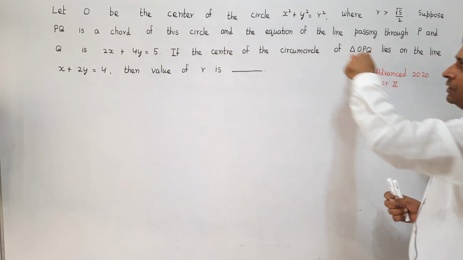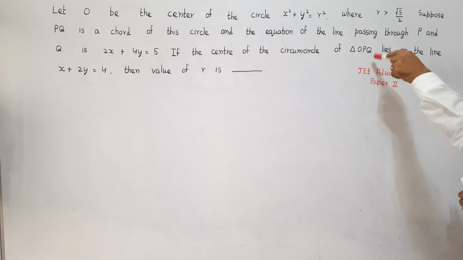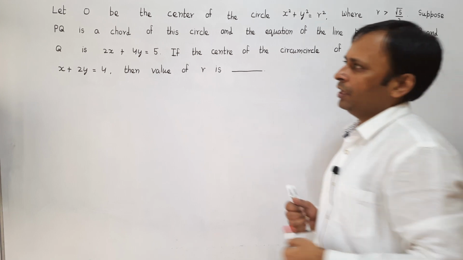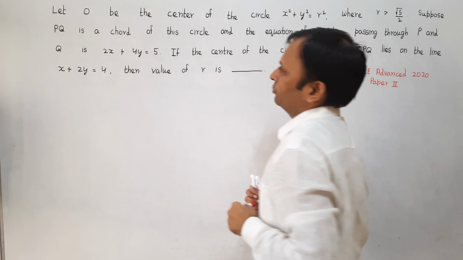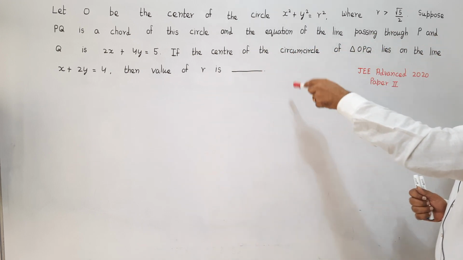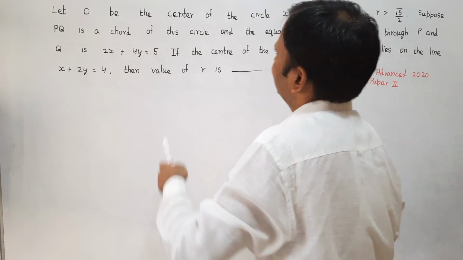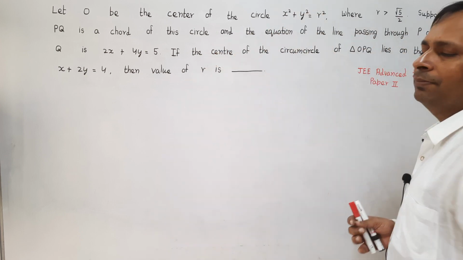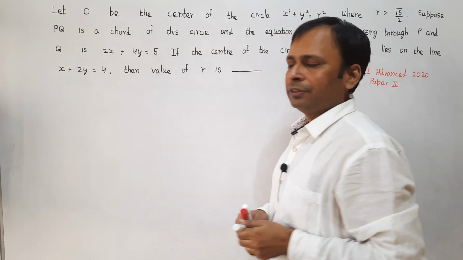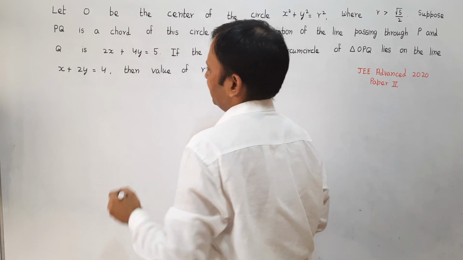If the center of the circumcircle of the triangle OPQ lies in the line x plus 2y is equal to 4, then value of r is. Now what happens in this question? They have given us a standard circle x square plus y square equal to r square with the center as origin. So first I will draw a circle